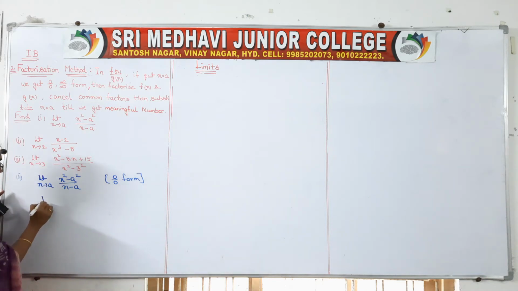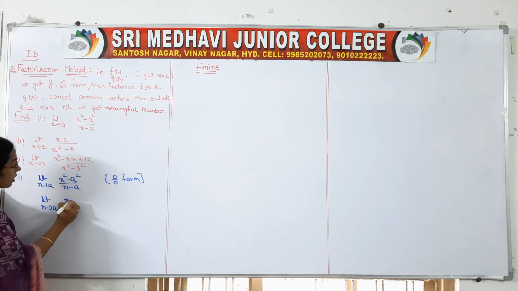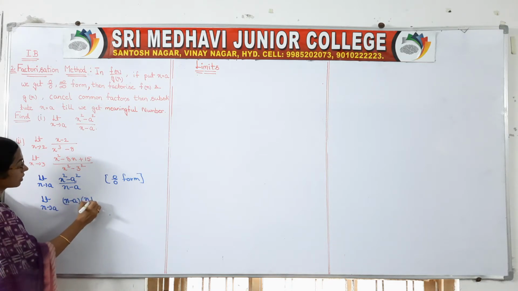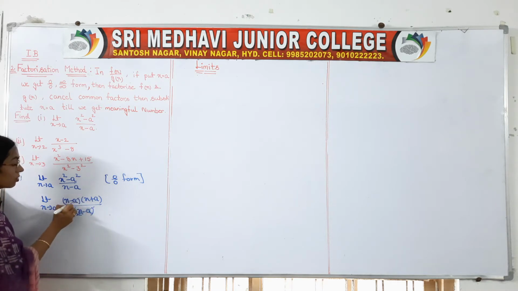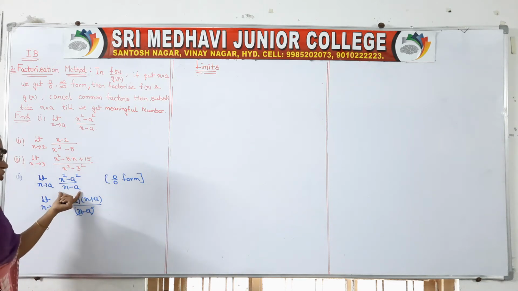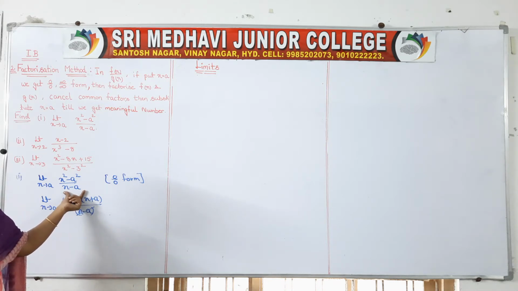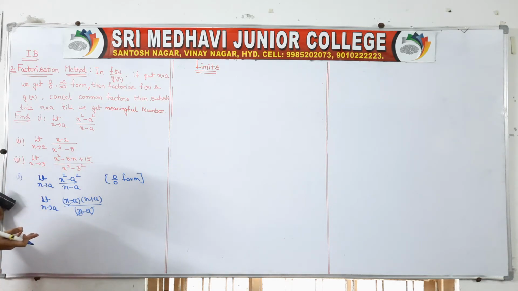So come on, how will we factorize? Limit x tends to a. This is a square minus b square form, a plus b into a minus b. So it is x minus a into x plus a, by x minus a. I said some common factors will be there. Actually in this problem, no need to factorize your g of x function, isn't it? It is in simple form, x minus a, no need to factorize, right? In some problems, we can factorize the g of x also. Okay. So x minus a cancels. No further simplification is possible here.